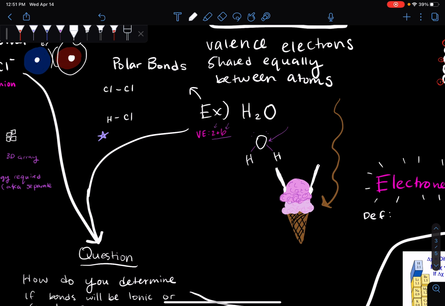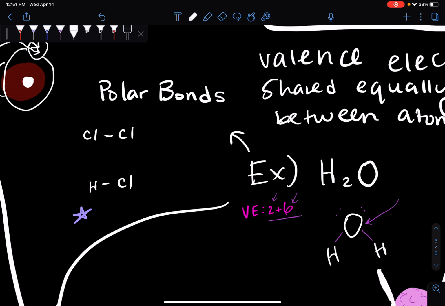Sweet. At this point, it's important to talk about how some covalent bonds share electrons equally, and some covalent bonds don't share them equally. That is what is going to create either nonpolar or polar bonds. So, for example, if we have a Cl-Cl bond right here, and we have a hydrogen bonded to a Cl right there,